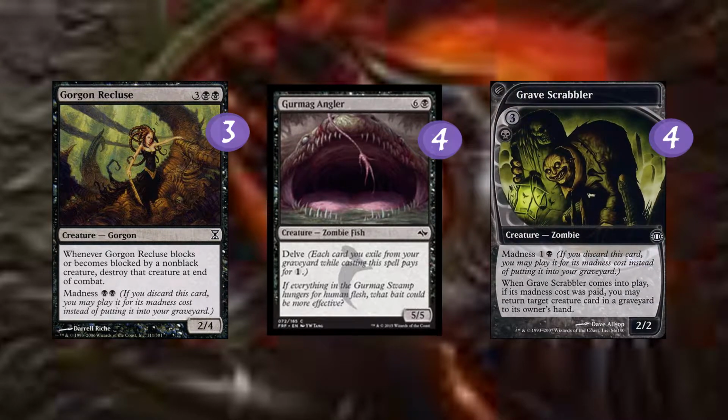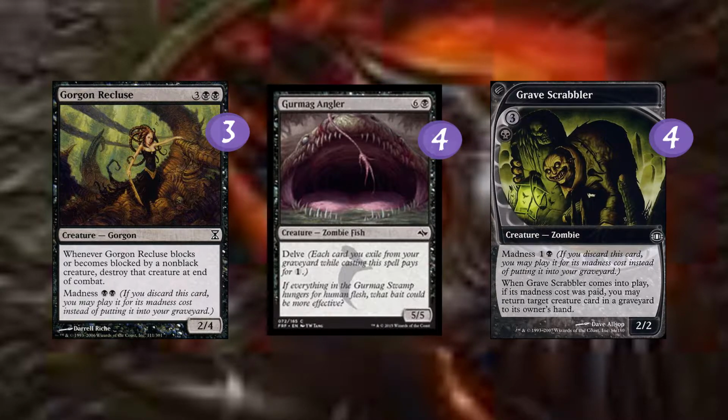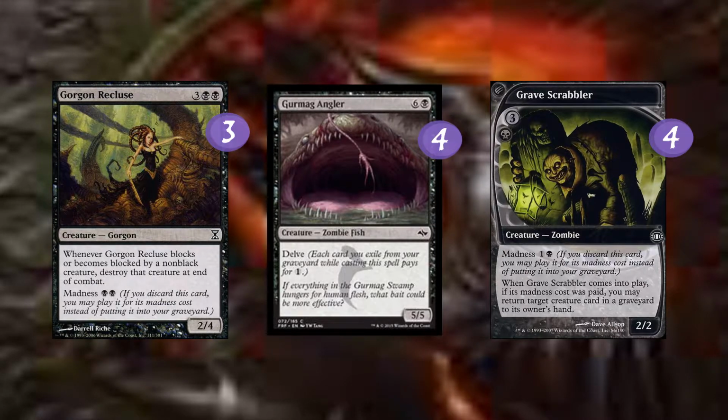Grave Scrabbler. Its madness cost is 1 and a black. 2/2. When it enters the battlefield, if its madness cost was paid, you may return target creature card from your graveyard to its owner's hand. It's kind of a decent value card for 2 mana. We only really want it sometimes in the late game if we do go late, because it is a 2 for 1, and it actually helps us out a lot to just be able to return a Gurmag Angler to